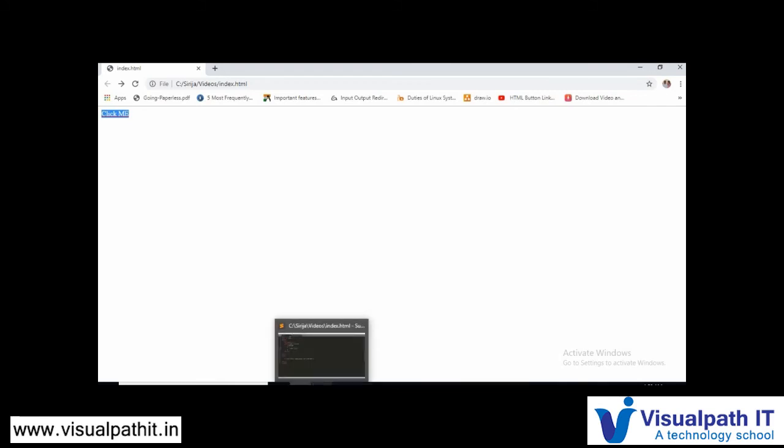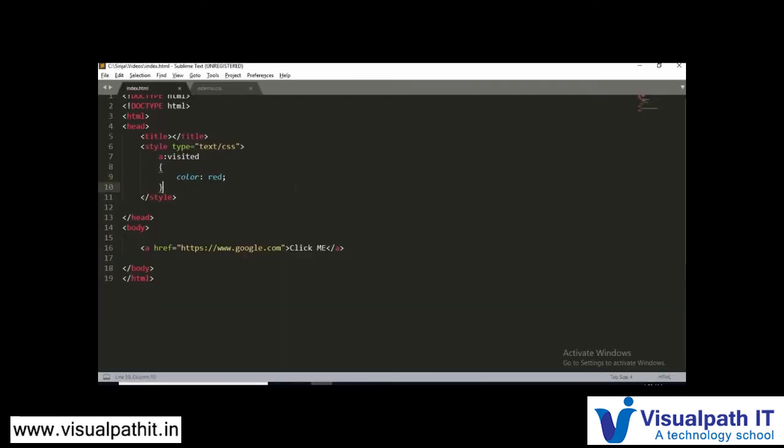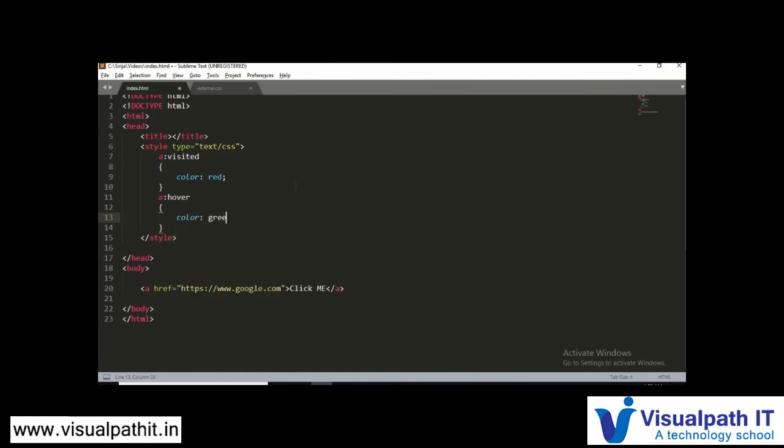You can even do it for hover. For this, I'll write color, and when I take the mouse over this, the color will turn to green. See, it's turning, right? So this is the hover.